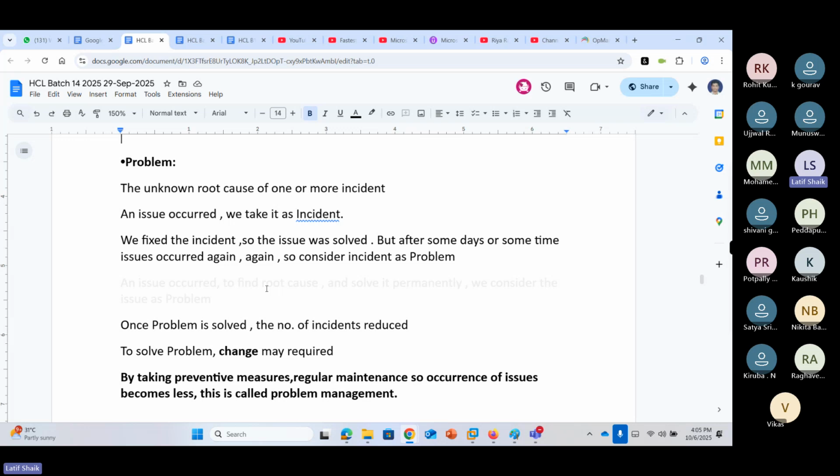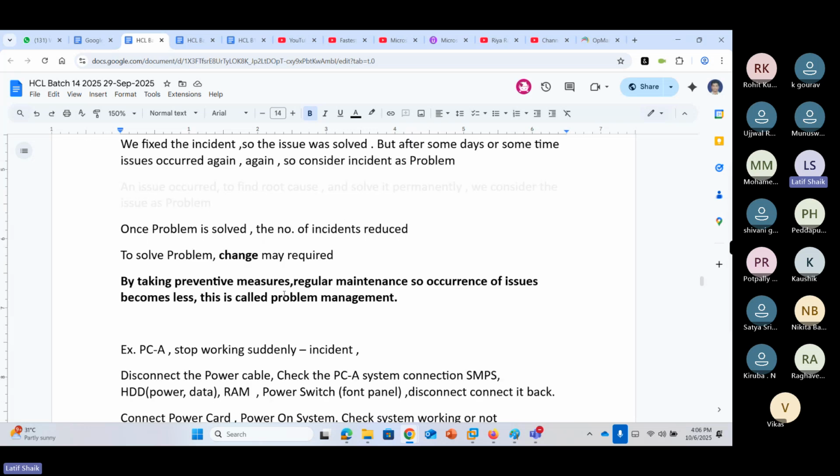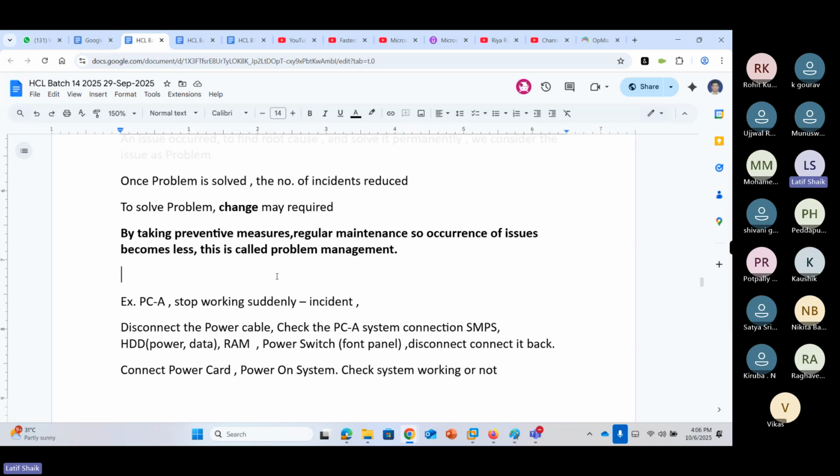That is reactive. Proactive means before occurrence. Analyze root causes, risks, logs, events. We can analyze different root causes and risks and try some solutions and regular maintenance. We can avoid the occurrence of issues. This is problem management.